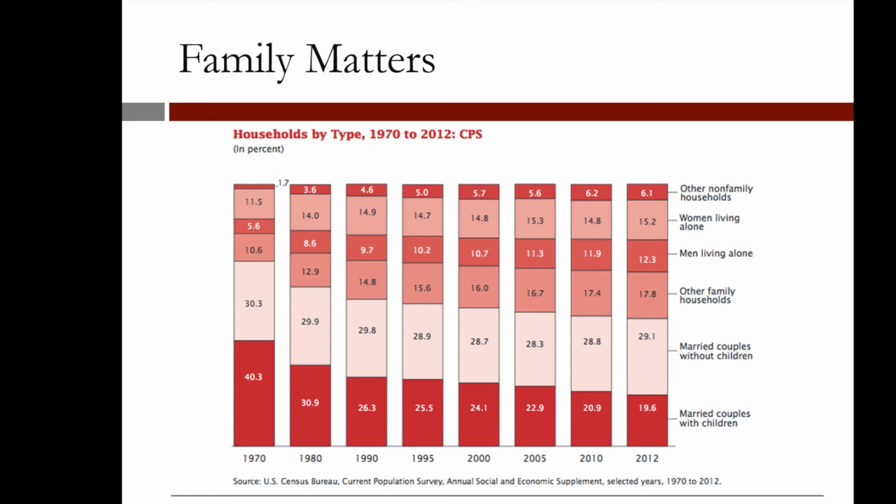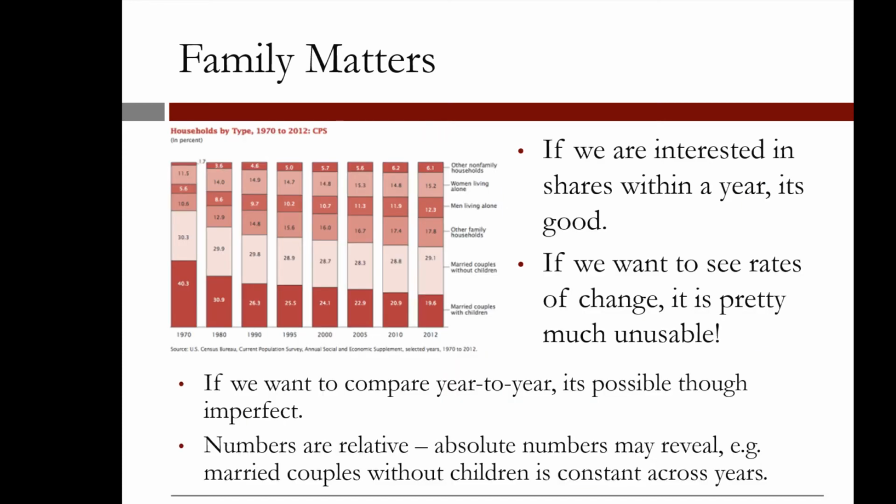The final visualization I want to show you today is all about the different types of household. The US Census Bureau periodically determines how many households are comprised, for example, of married couples with and without children, people living alone, and so on. First of all, I'm not saying this is a bad visualization. In fact, if we are interested in the relative share of each type of household in a particular year, it's actually pretty good. However, if what we are interested in is the rates of change across the years, this is